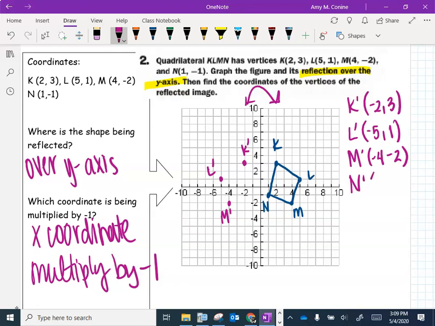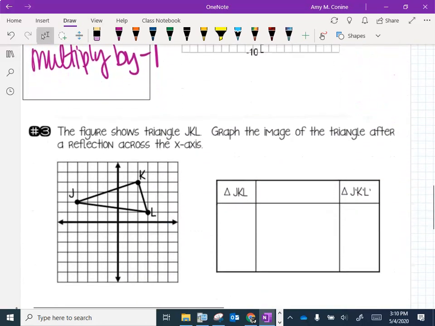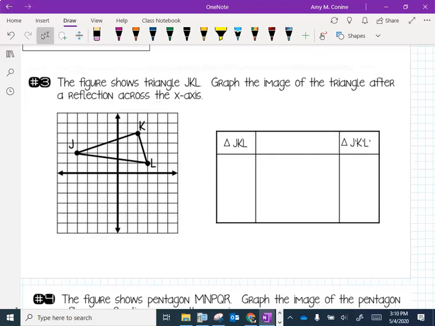And then N prime, same idea, is the opposite x value. So -1, y value stays the same. So -1, -1 is now N prime, and then you can put in the lines for your shape, and you should have what looks like a mirror image across your y-axis. Again, it doesn't bother me if you know the little math shortcut or if you count it out, but when you have a lot more of these to do with multiple steps, the math will become a little bit easier. So let's take a look at number 3,